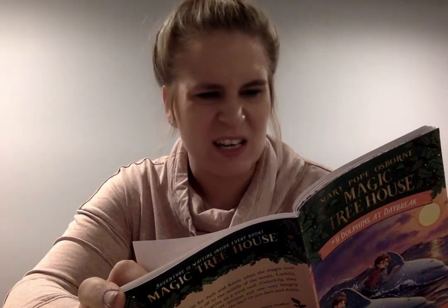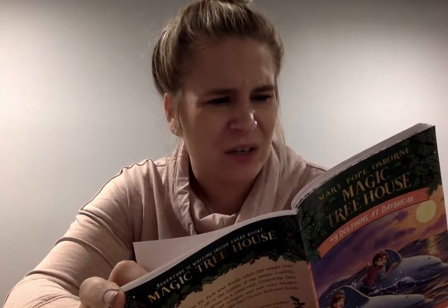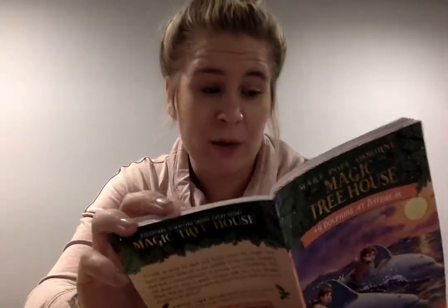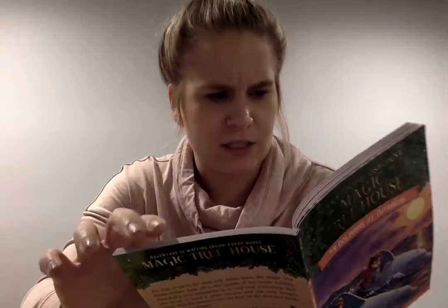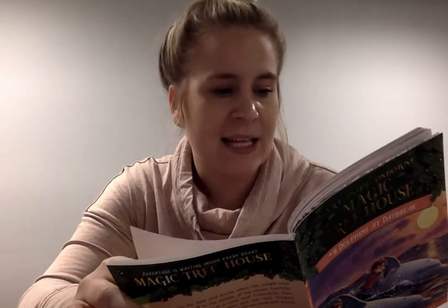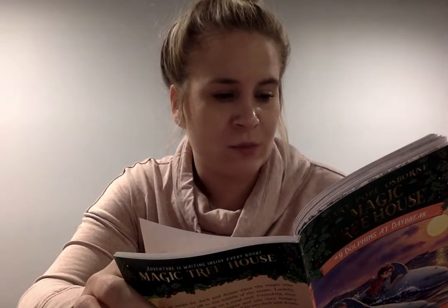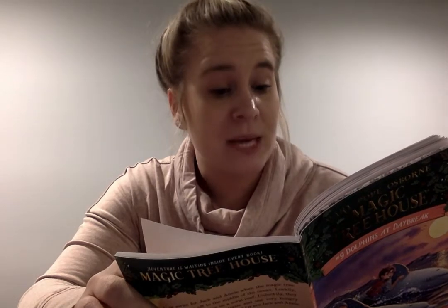Let's go find the answer, said Annie. She and Jack looked out the window. The treehouse wasn't in a tree. It was on the ground. Why is the ground pink? said Jack. I don't know, said Annie, but I'm going out there. I'm going to do a little research first, said Jack. Annie climbed out of the treehouse. Jack picked up the ocean book and flipped through it. He found a picture of a pink island